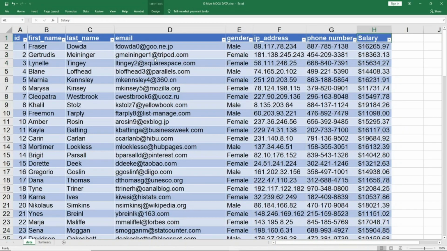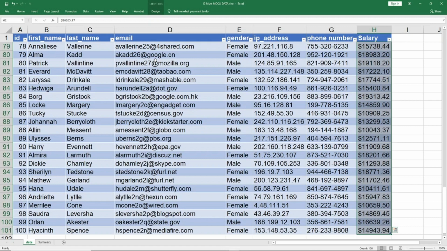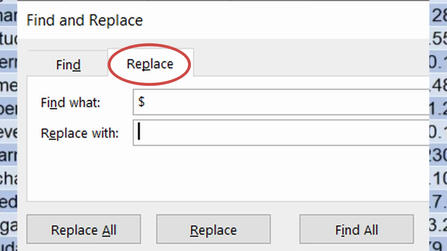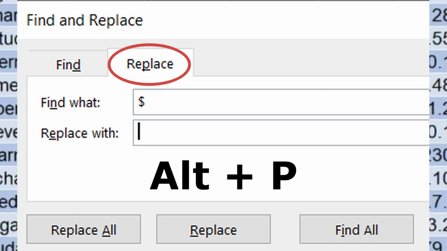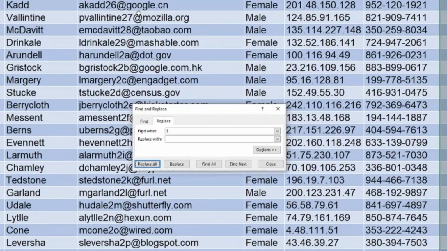I go up on the top. I go to the next cell, which is H2, Control Shift and Down to select the entire data. And here, the easiest way I find is, let me first remove the dollar sign. So Control and F, it says Find what: dollar. If you see, there is a small line below the P in Replace, which means if I press Alt and P, as in Peter, it will take me there. So I say Alt P, replace with what? I write nothing, replace with nothing. So it has to be blank. And then Replace All, you can see there is a line below the A. So Alt and A. Okay, 100 replacements were made.